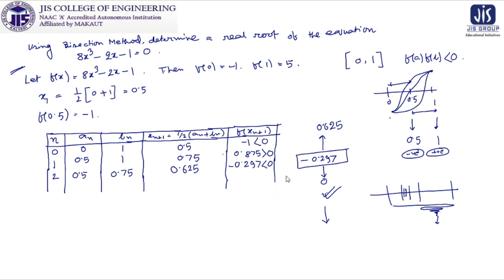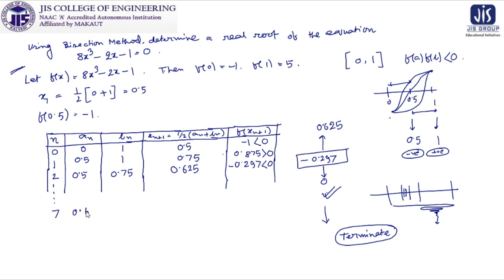So when we terminate our process depends on the desired accuracy. If nothing is mentioned in the question, we can go further, but generally it is mentioned up to which level we have to proceed. And if we proceed for some more levels, suppose at n equal to 7, we are going to get